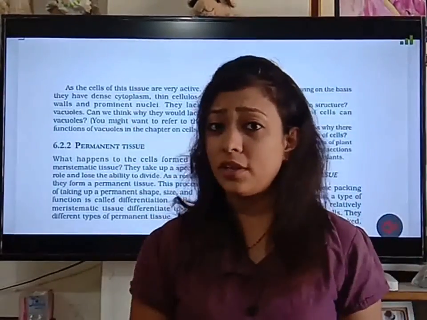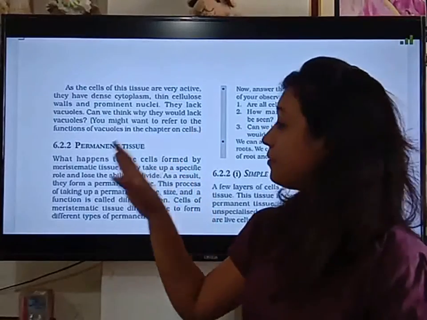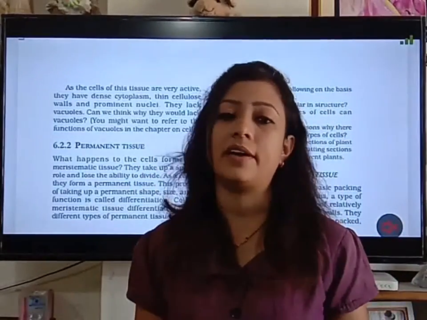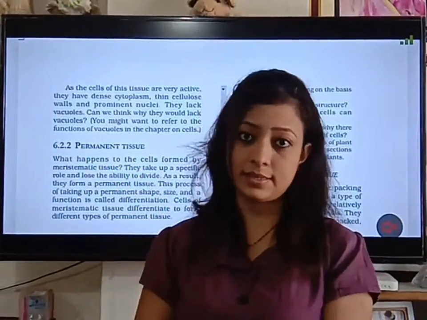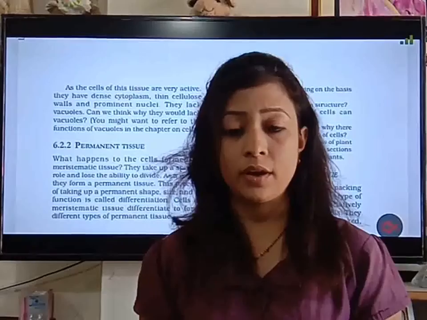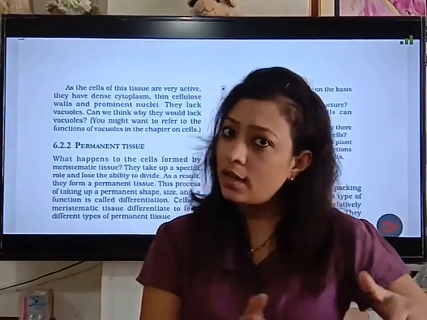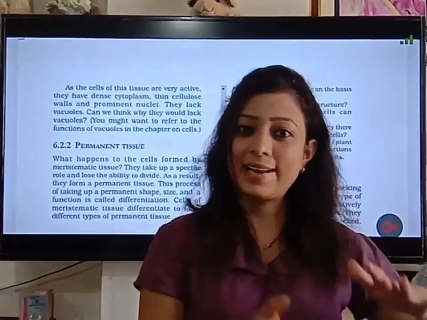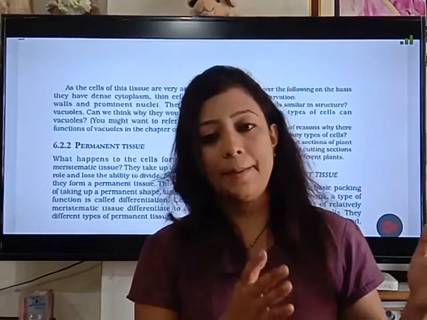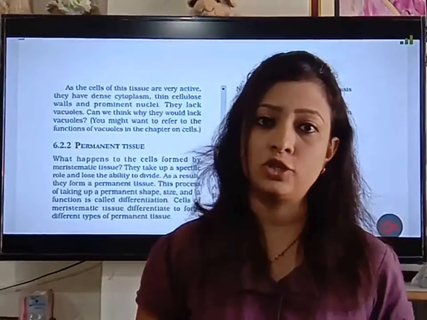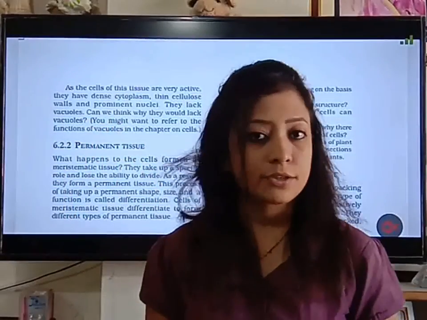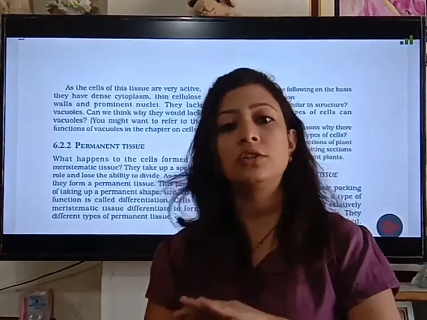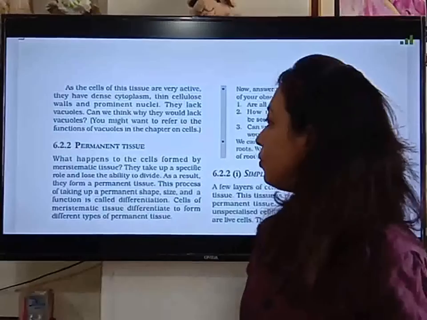Now children, can you think why they do not have vacuoles? Because nothing gets stored in these cells. They are just growing cells. They keep on growing and growing. Once they become mature, they become permanent and hence are categorized as permanent tissue, and permanent tissue has a vacuole in its cytoplasm. While the cells keep on growing, nothing gets stored in their cytoplasm, so they do not need a vacuole.